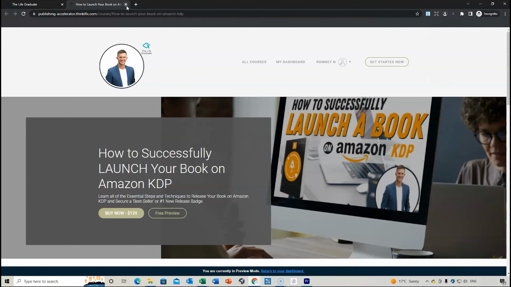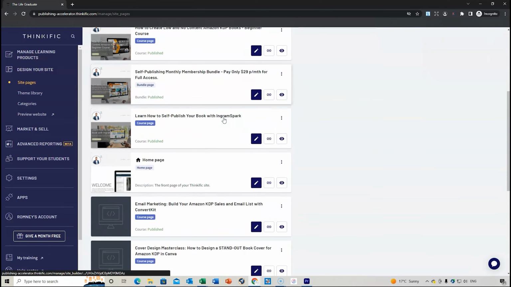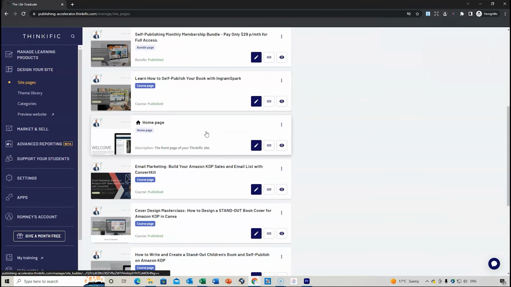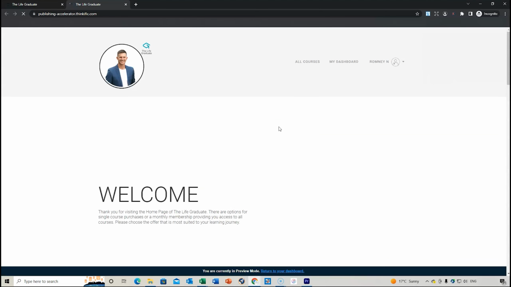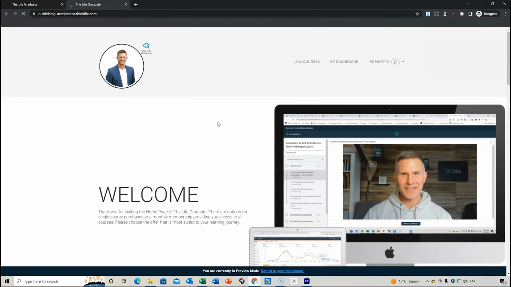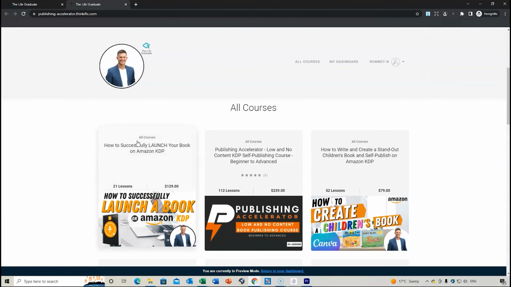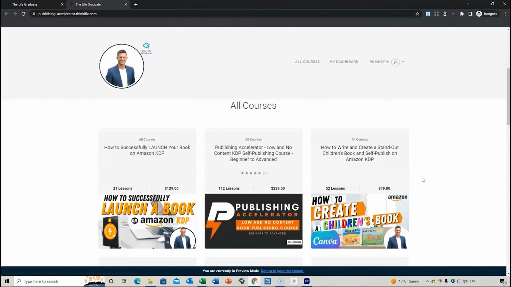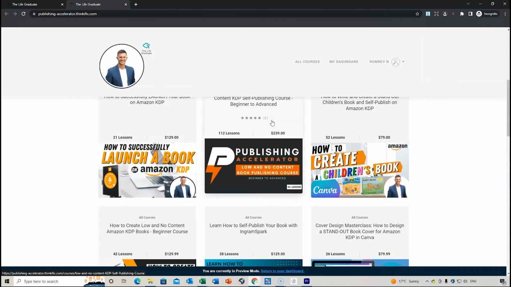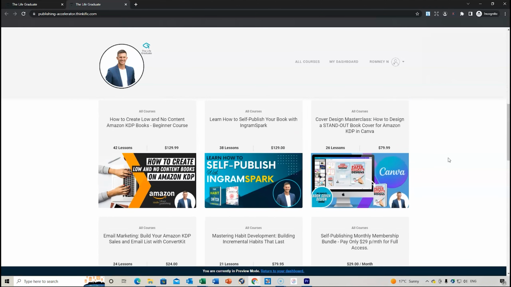And if we go back again, you can also see the home page. Now the home page is what you'll need to design for all your courses to be hosted on. So if we click and have a look at this, this is mine, how I've designed mine. So I've used these from Canva, and they allow you to create these images, and I can see how all my courses are here. So as you hover over them, it lifts up, and if you click on that, it will take you to the page.